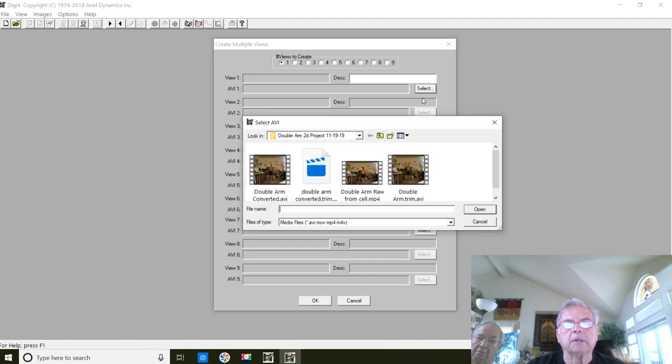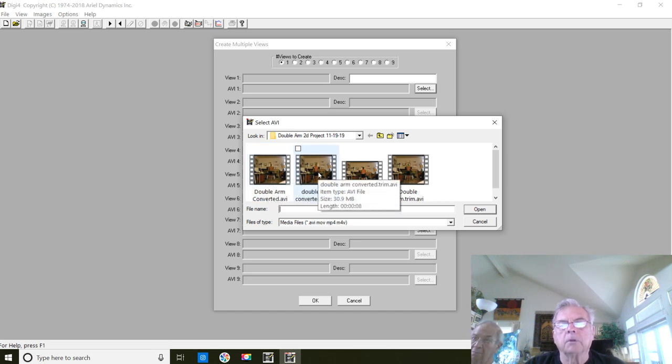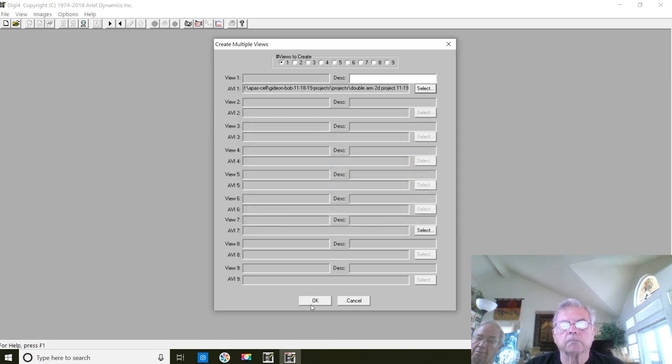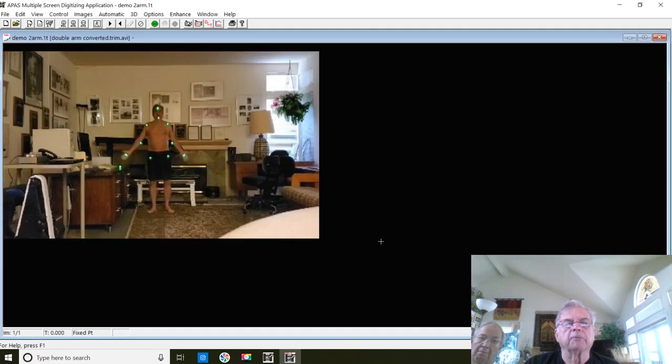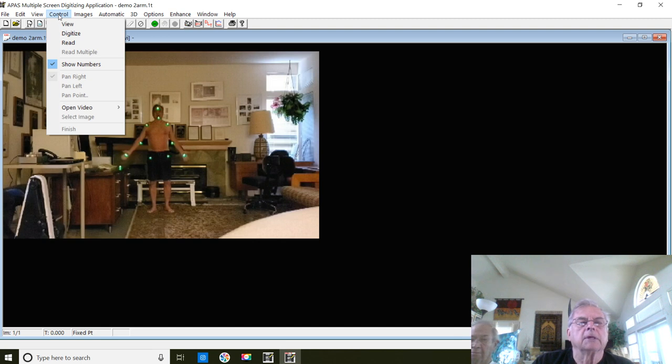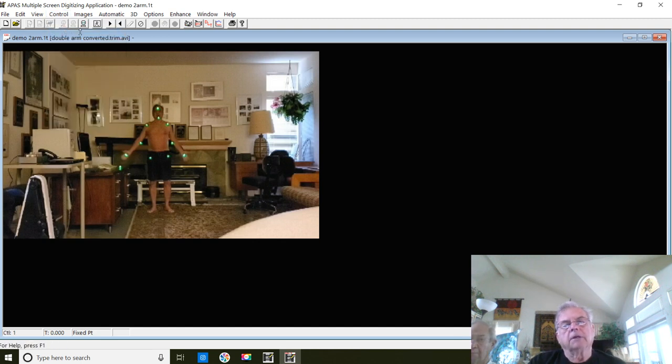I select the video, and the one I want to choose is called double arm converted trim. File opens up. I see I'm in my starting position. The first thing I'll do is go to Control to set up the control points, and I will digitize. Since we're using my body as the calibration, I just simply go to Fixed Point as designated in the left lower corner,